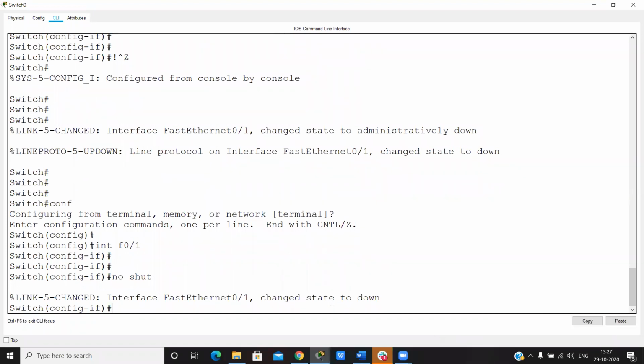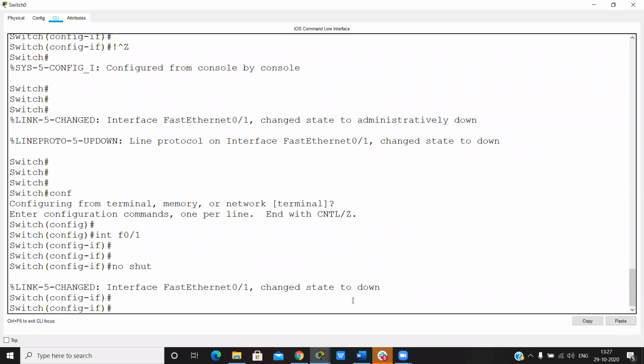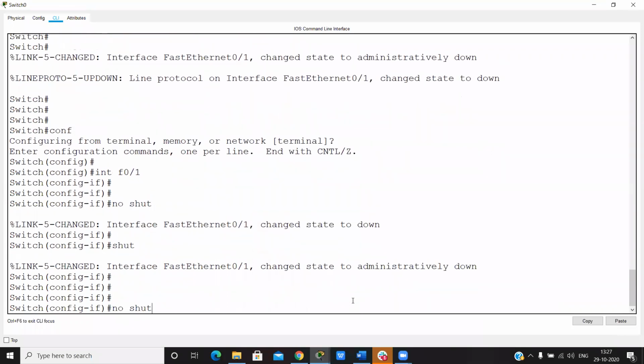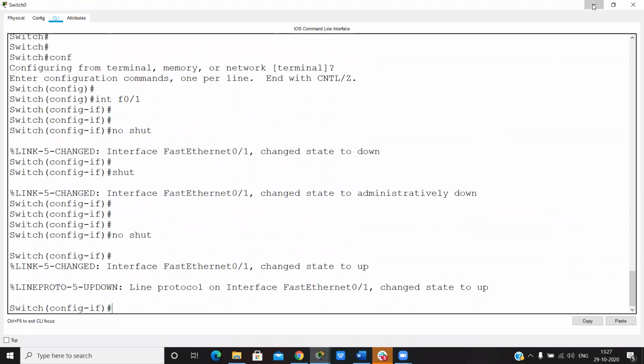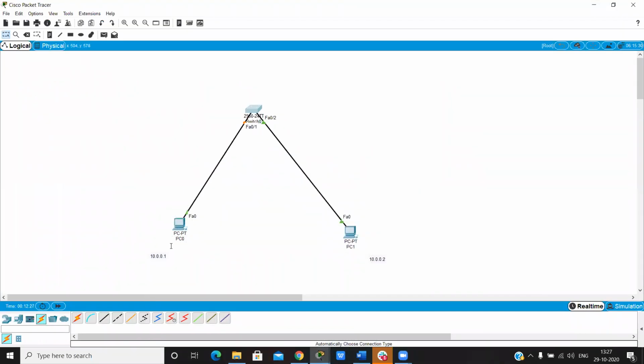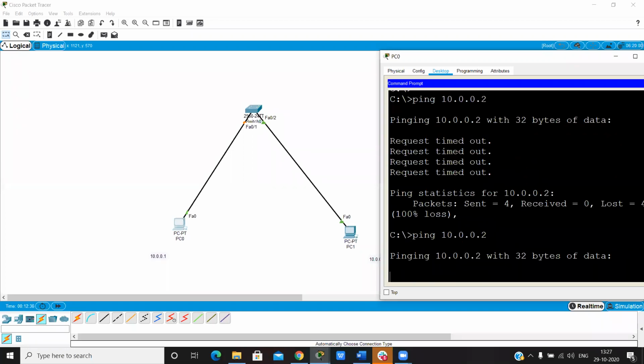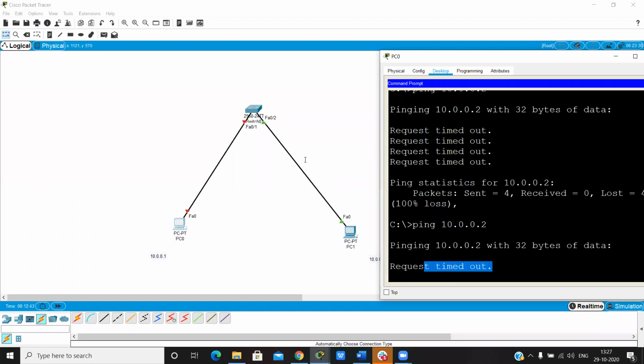Or we can do shutdown and then no shutdown, and it will come up. But if the attacker device again tries to enter the local area network, this port will always go down.